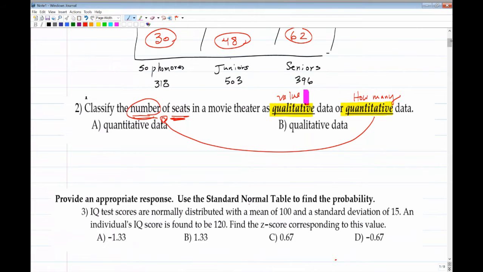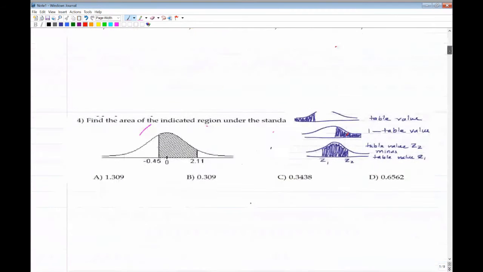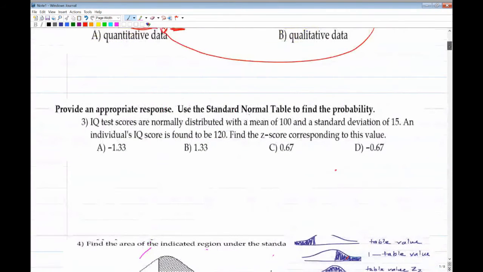Now when we move to the next one, the next question is dealing with finding the z-score. What we want to do is go in and underline what we're looking for. If I pick this, I'll say find the z-score corresponding to what value. Let's see if we can summarize that problem the way it's given to us. It says the